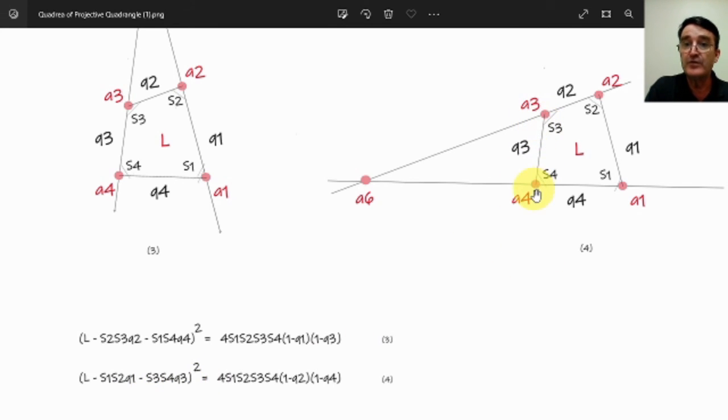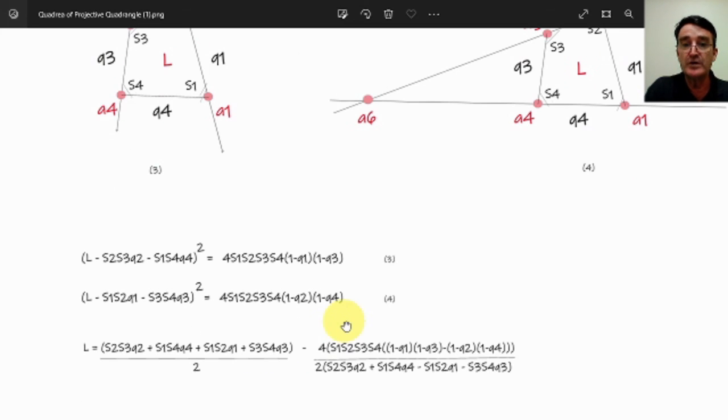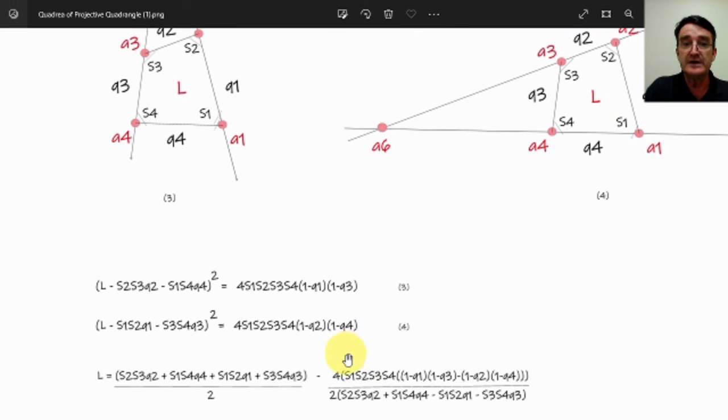S3, S4, Q3 is the quadreal of the trilateral A3, A4, A6. So we have (L minus S1, S2, Q1 minus S3, S4, Q3), all of that squared, is equal to 4 times S1 times S2 times S3 times S4 times (1 minus Q2) times (1 minus Q4). And just like in the quadrangle case, these two quadratic equations are compatible,